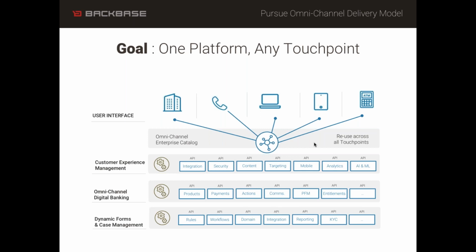You need security rules. You need integration rules. You need to kind of connect to various backend systems. You need KYC. You need AML. You have all these different requirements. In a future vision of moving into this kind of omni-channel picture, it is very important to have a nicely curated set of capabilities that your development teams, whenever they kind of create this end-to-end capability, they can standardize on.